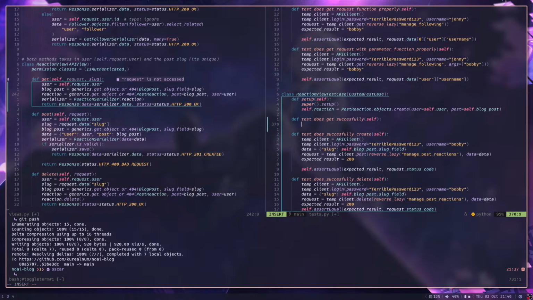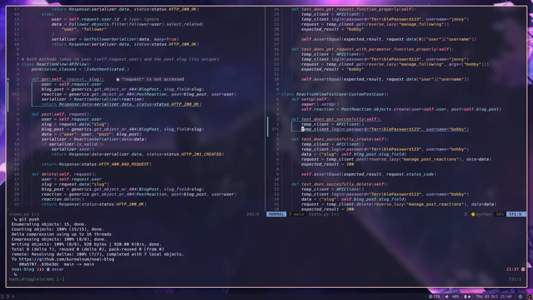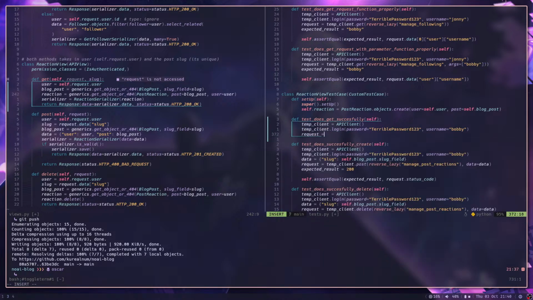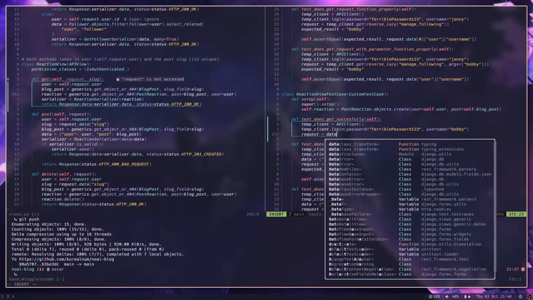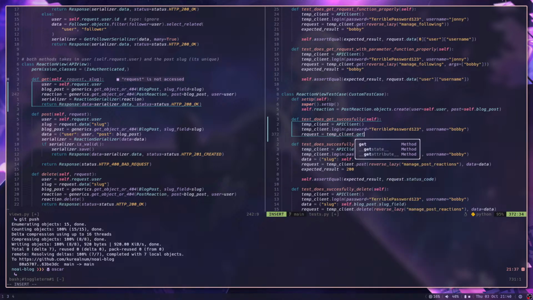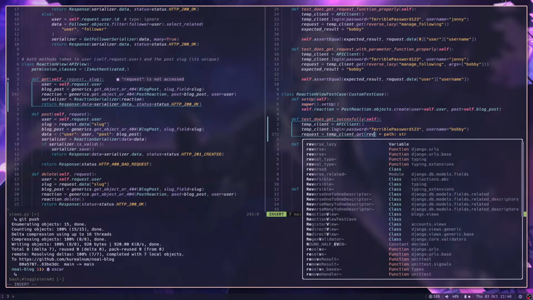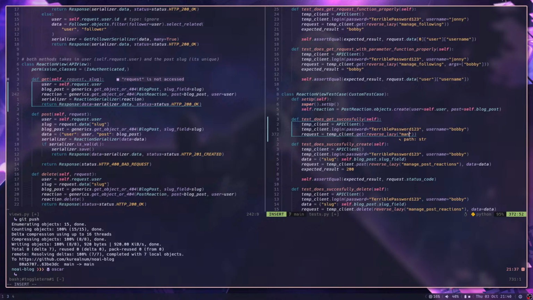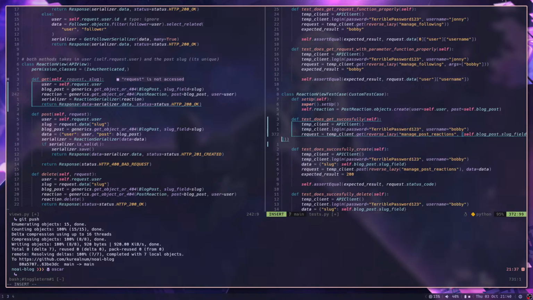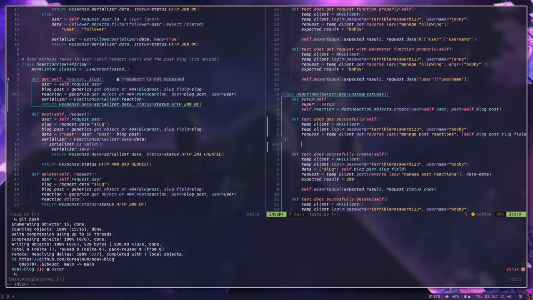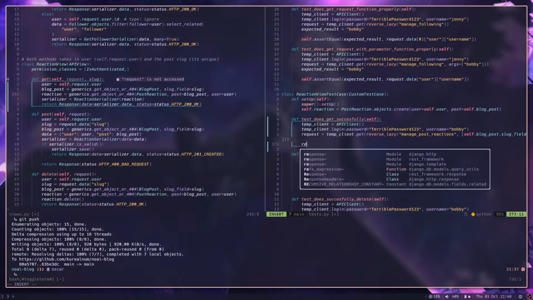Okay, so it does get successfully. So we do need to be logged in here. So we're going to go like this, and I'm going to do request is equal to temp client dot get reverse lazy manage post reactions, and just have the slug of our blog post slug field, and then we'll just have the